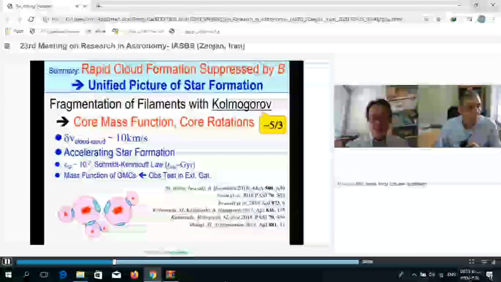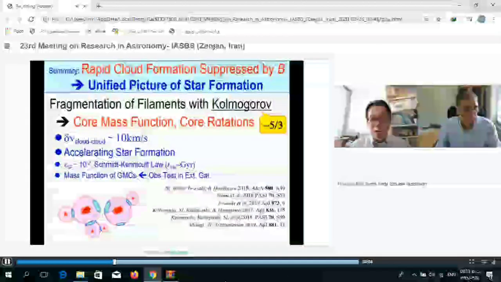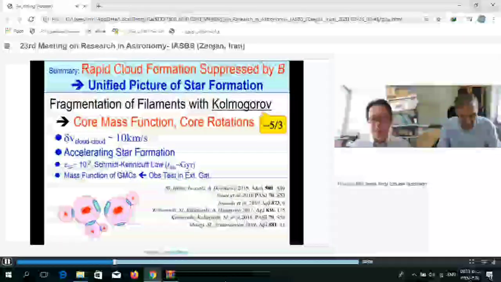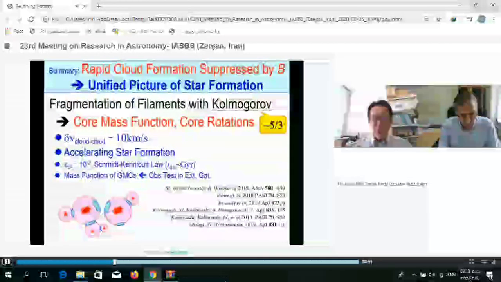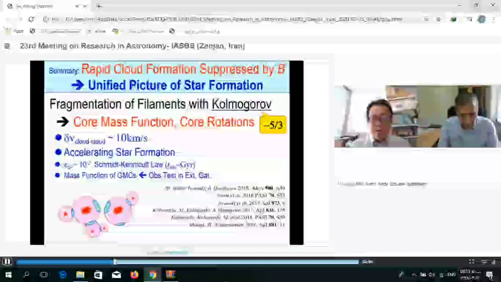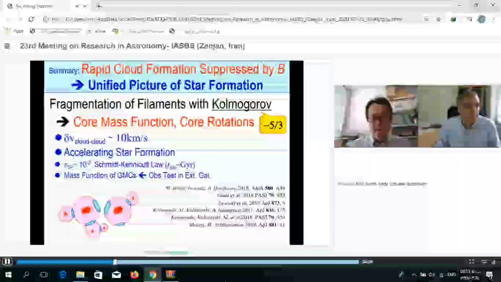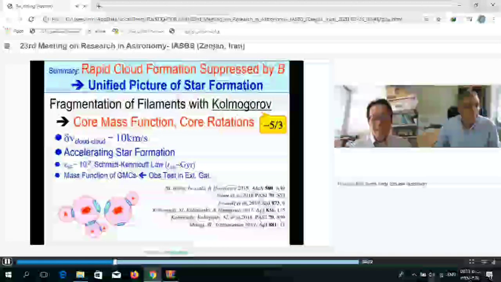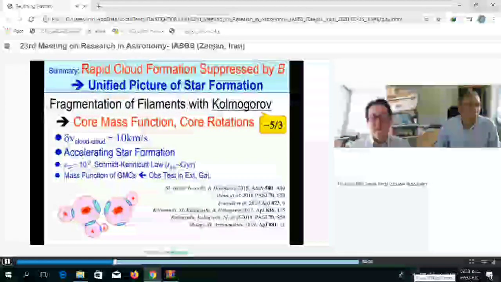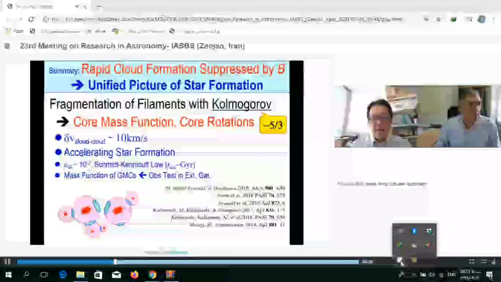Actually, we don't know how to create it. Many people are providing many theories about the formation of the thick disk component of our Milky Way galaxy. So actually, I'm not an expert on that. But today, what I explained here is only applicable to the thin disk component. Thin disk means that the scale height is, say, less than 100 parsec from the midplane. So star formation is still continuing